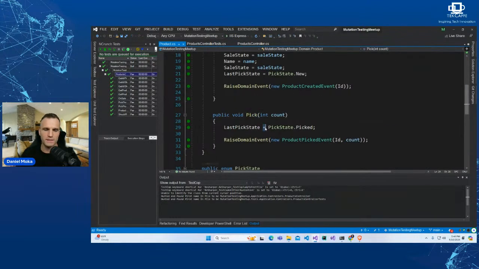So pick means we change the last pick state to some picked, that is last, and we raise a domain event, which is product picked event. And here the event handling is decoupled. The product picked event handling, of course, is decoupled from the domain entity because we will do some database operations there, and we can see it right away. So if I open the product